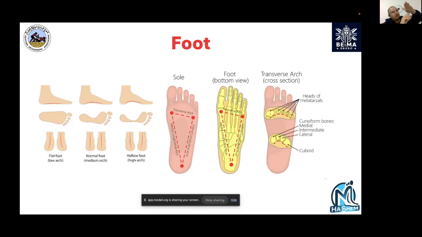Number two, you have a mid-foot break. You load the whole foot, which shouldn't be loaded. And rather than moving in a simple transition movement, you will be moving like a plat